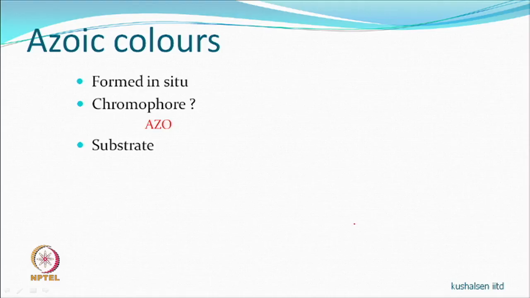Cotton, of course, cellulose, is the kind of substrate which generally will be used for these type of colors. Because the reaction is so quick, it is actually spontaneous. The color development is so spontaneous. So, much before you say I am fixing, the color is there, right. You can dry it. You have to be very careful in washing, of course, because all the things that you have done you have to remove, but the color develops.